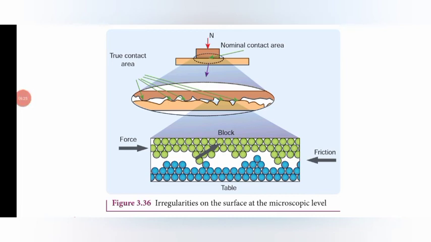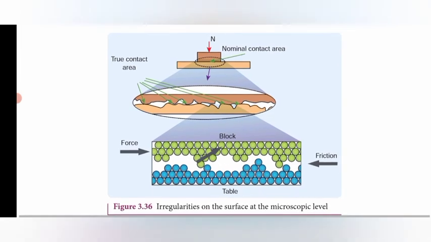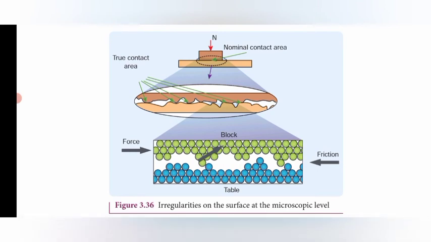Without using any reducing method, that is, not using oil and not using a ball bearing, this is the surface we see at the microscopic level here. There are two blocks. The normal contact area is pointed out by the dotted circle. It is placed so that it can be seen under the microscope. What happens is that the surfaces have irregularities, and some of these irregularities can be seen.